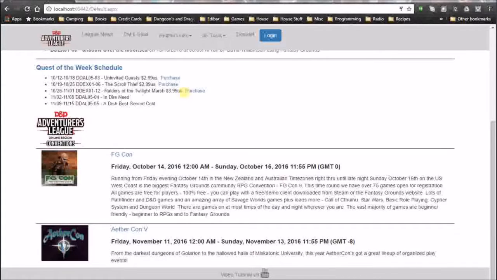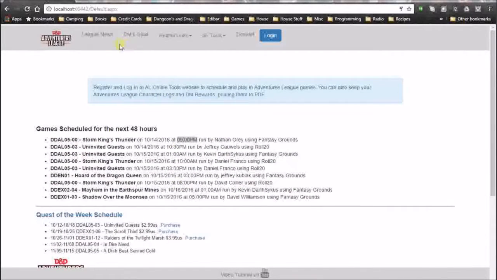Now, this page will allow you to sign up and to schedule online games for the Adventure League. It'll also allow you to keep character logs for all your Adventure League characters and a few more items. So first thing I want to do is go over the main menu here, and this is the Adventure League